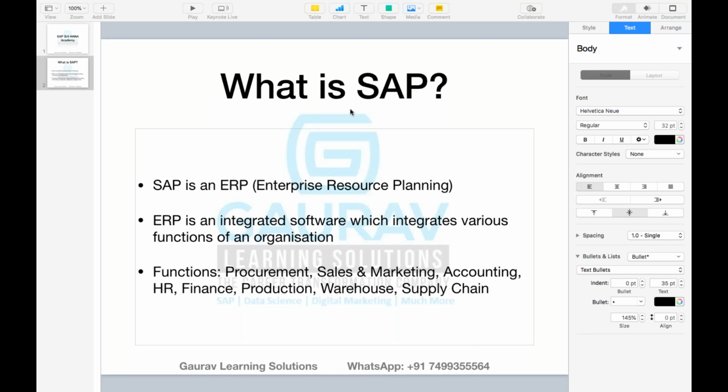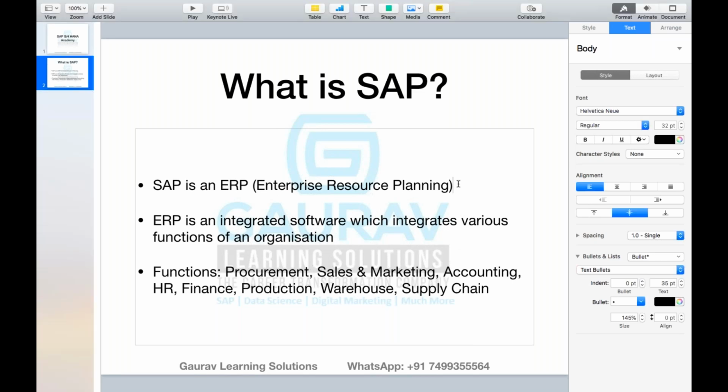Okay, so just remember, SAP is an ERP. It is the software which integrates all the different functions of an organization. What are the different functions? Different functions can be procurement, sales, accounting, production, warehouse, supply chain, and all. Okay, but before that, what exactly does SAP stand for? So maybe the first point I will write here is SAP stands for